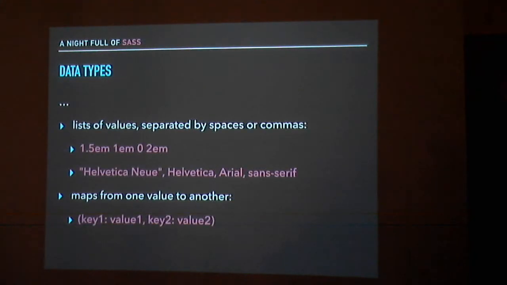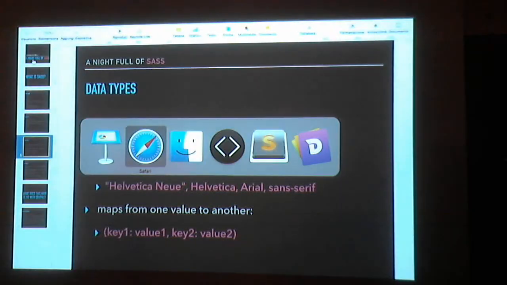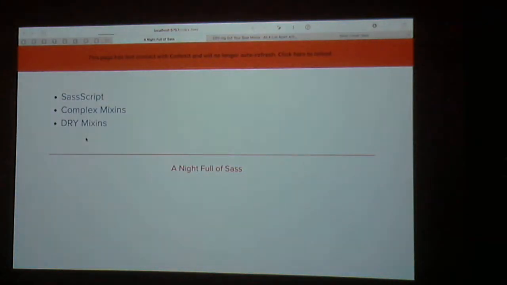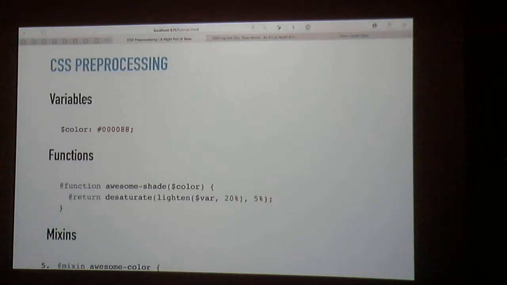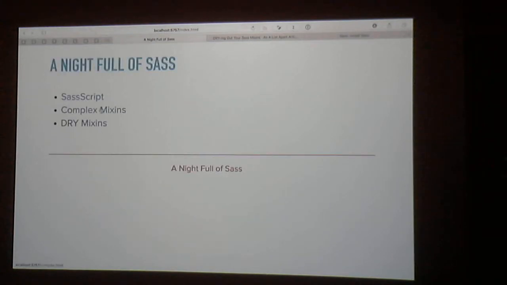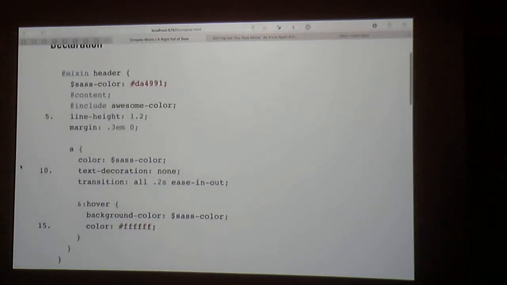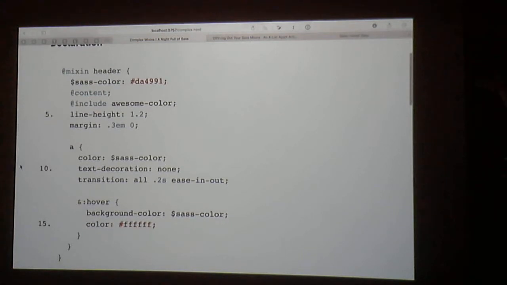Well, not yet. I want to show you a couple of examples in sort of a, well, that's not supposed to happen. So Sass Script, this is stuff that I've already shown you. Okay, so this is how you declare a mixin. The mixin that I had on the slide was, did I blind anybody? Because I changed the mood here. The mixin that I showed you on the slide was very simple. It was just to show you how to declare it. But this is a little bit more